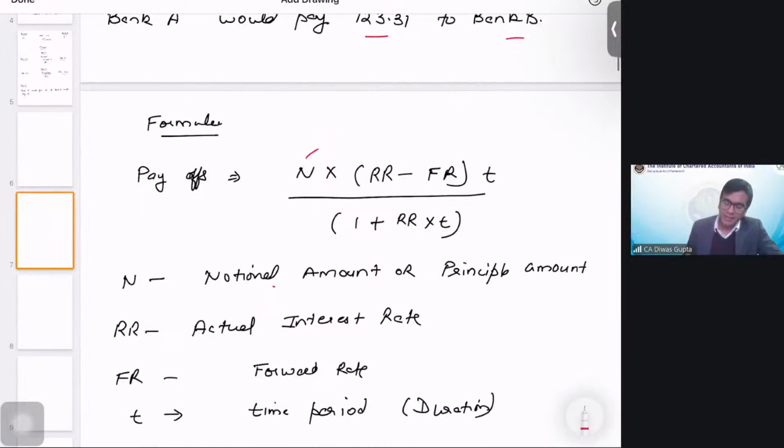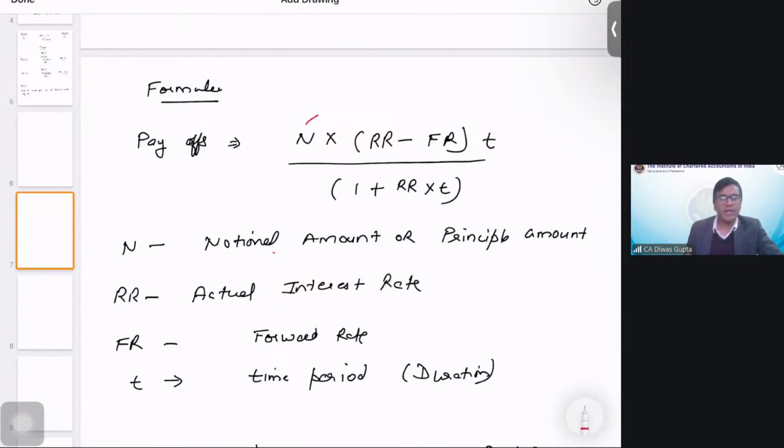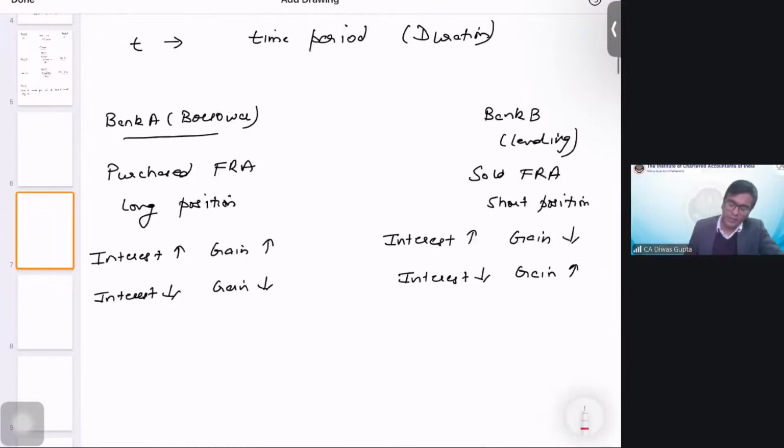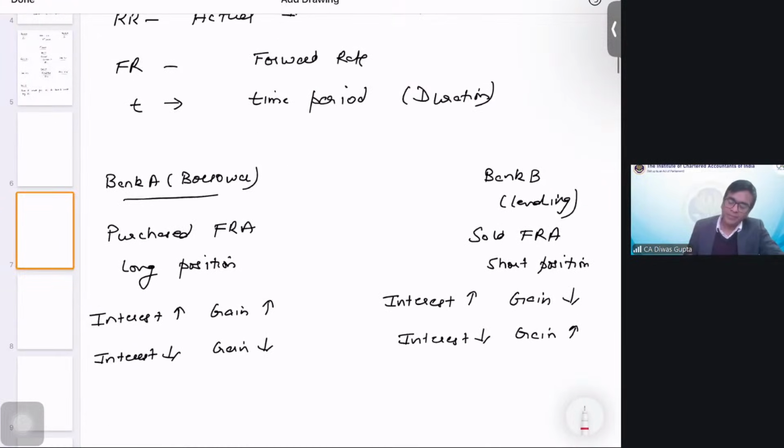Then, RR is the actual rate of interest, FR is the forward rate of interest, and T is the time period, right? So the forward rate is the committed rate, students. That was 6% in our case, right? And RR, which is the actual interest rate, will keep on changing. Okay. Now, if there